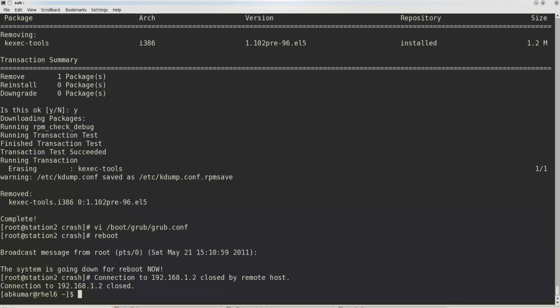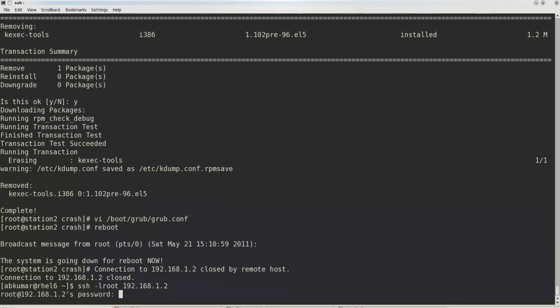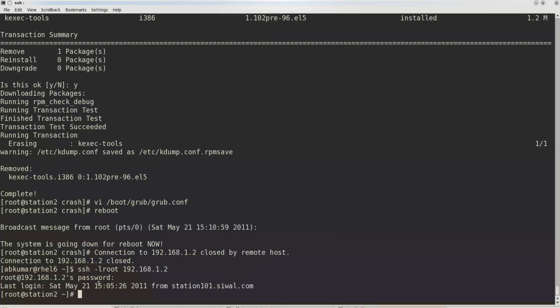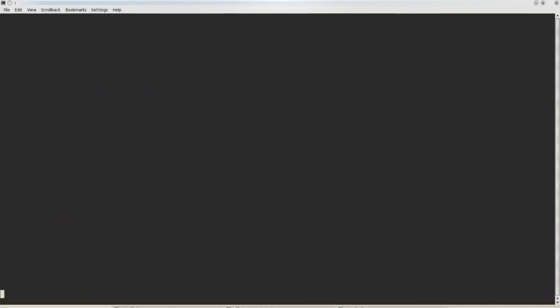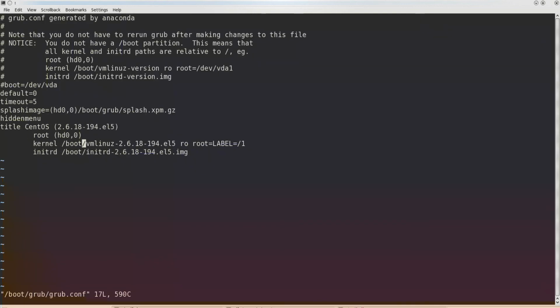So the first thing that is to be done is to modify boot grub.conf so that it reserves a part of RAM specifically for crash kernel: 64M at 16M. It simply means that starting from 16 megabytes, reserve 64 megs of memory for crash kernel.